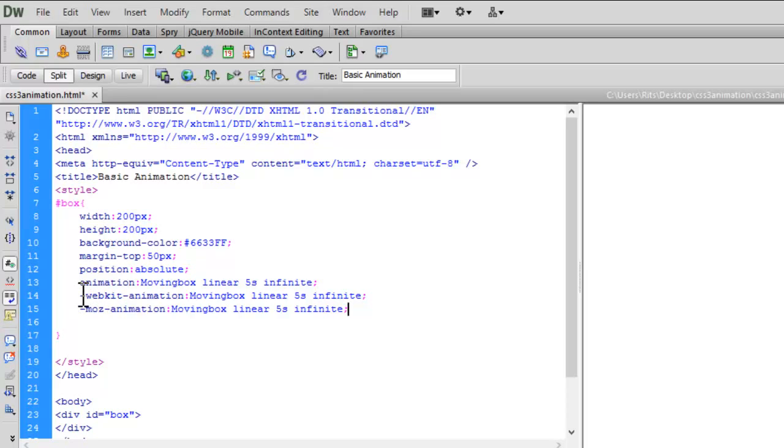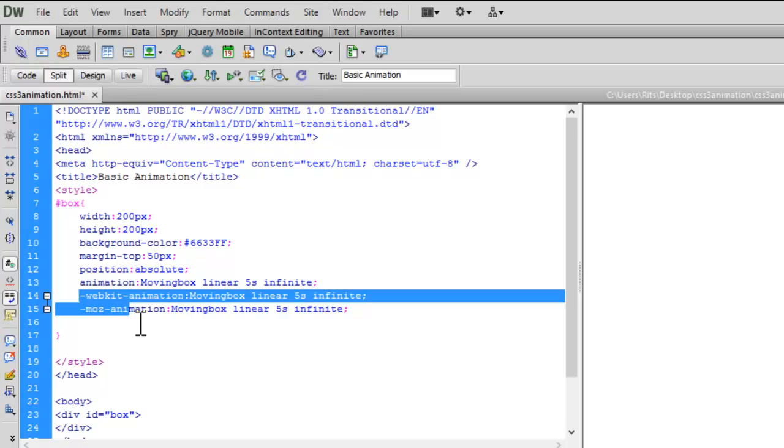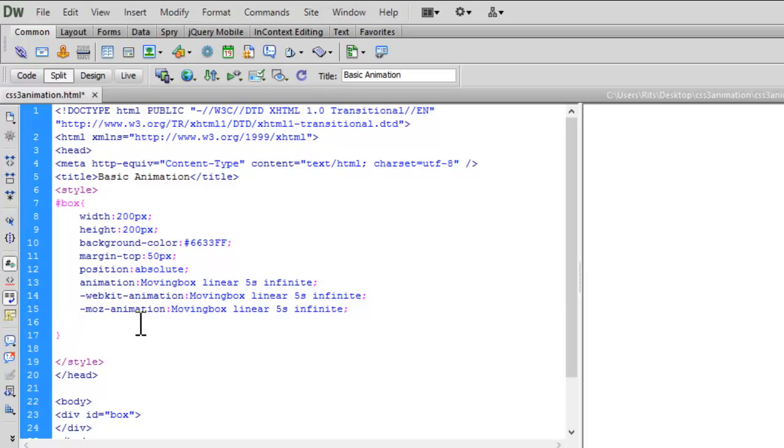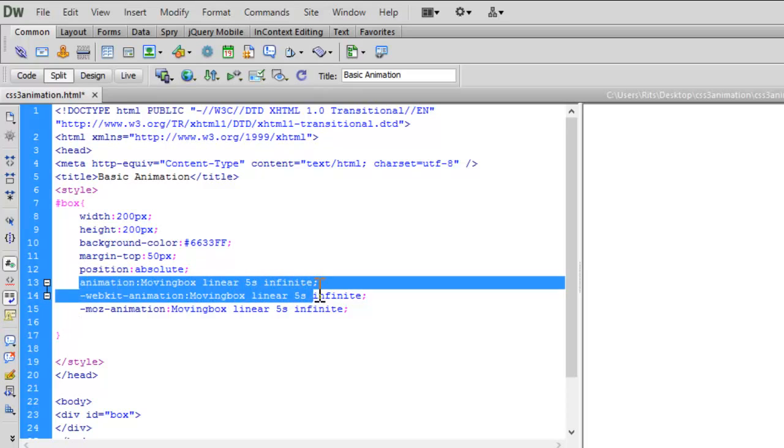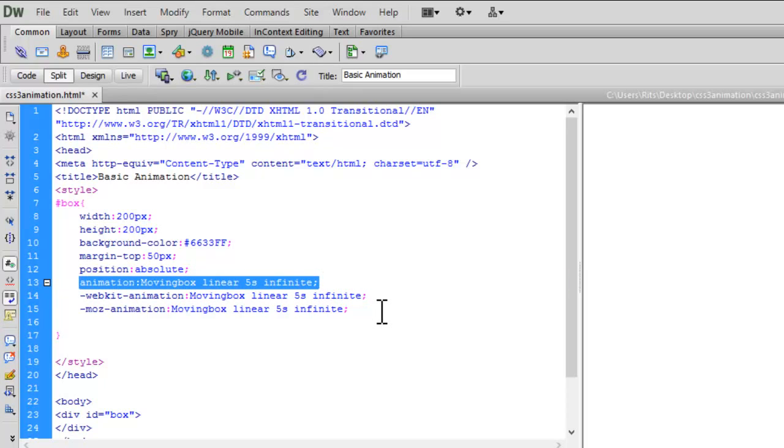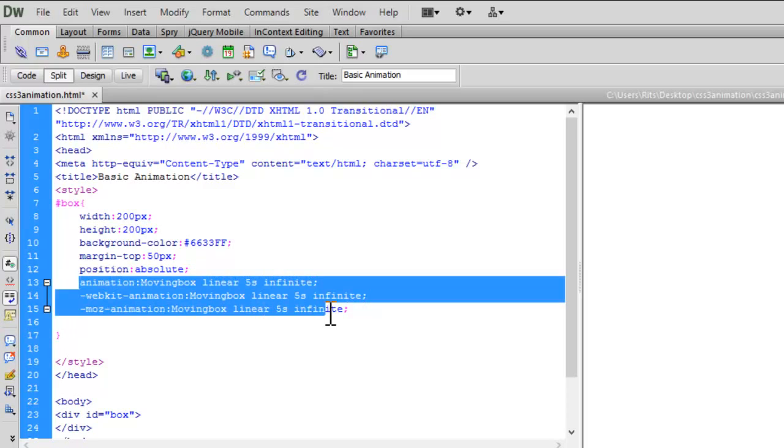Right now I'm using prefixes for only these browsers, but you should have all the necessary prefixes for all the browsers and a regular syntax also. Say O for Opera, MS for Internet Explorer. This is just how we want our animation to be.